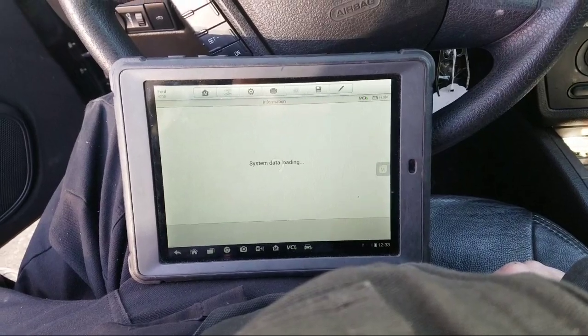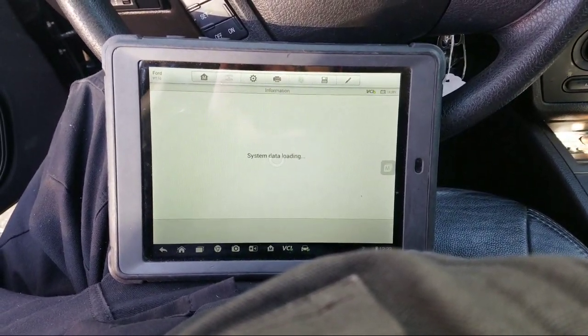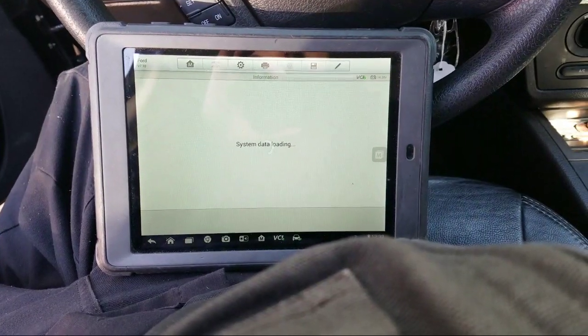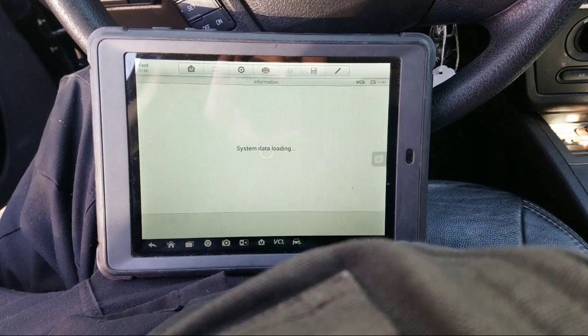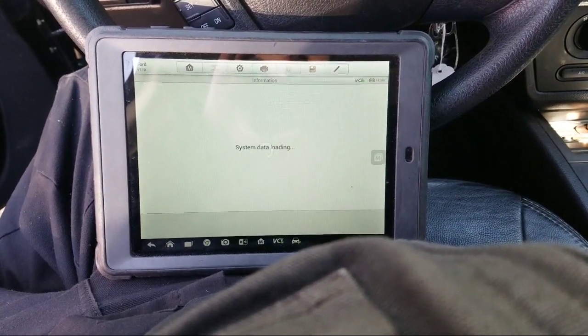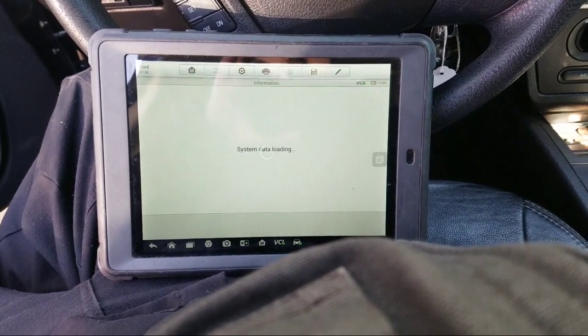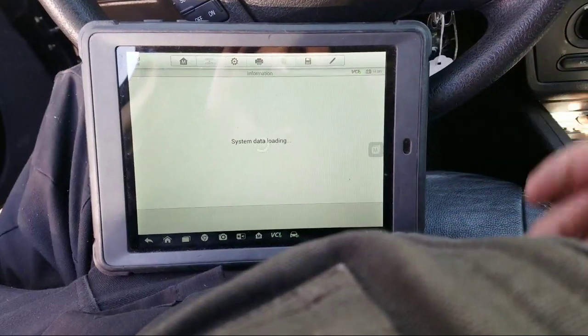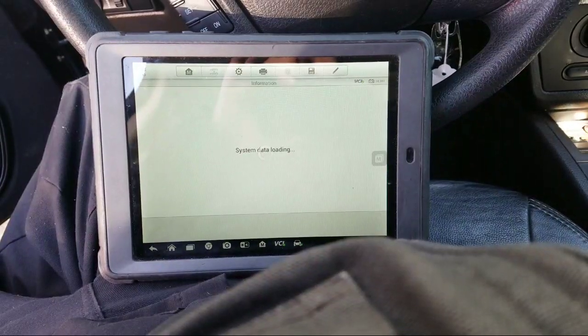Is Rocco around? No, he's actually not. He went over to his grandparents' house today. Hey, from Australia. How you doing, Mike? That's okay, Otto. We got all day. It's not like there's another 14 cars waiting for us. You go ahead. You just do your system data. We don't mind. It's not like we're live on YouTube here and...